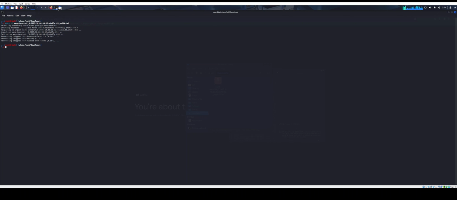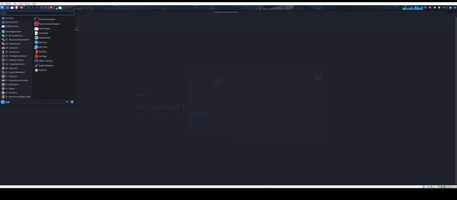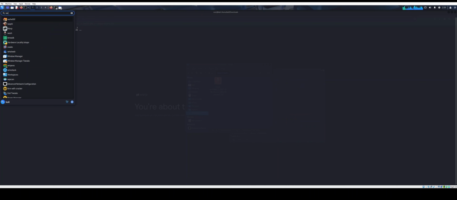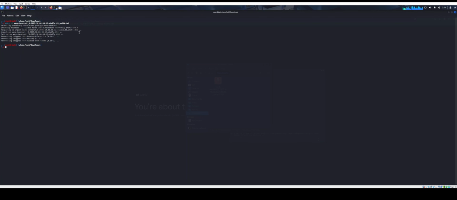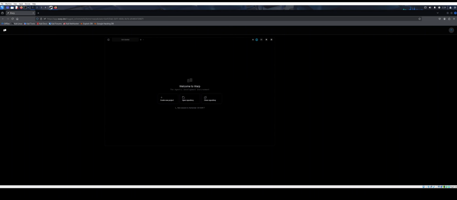So we've already installed WAP, and if you want to access the application, you can just simply search for WAP from the search menu. Then it will give you an option to sign up. Once you install WAP, it should give you an option to create an account using a Google account. And once you create that account, it will give you a 5-day pro trial,